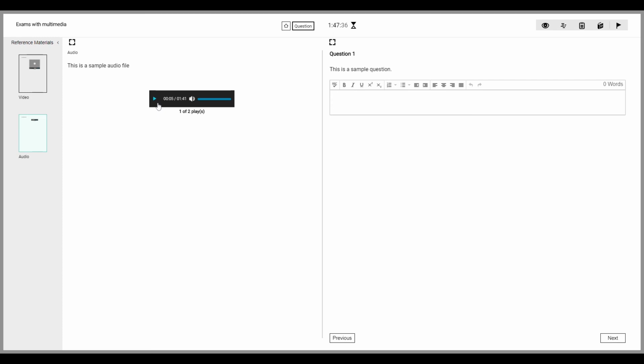The play count of a media file is recorded by the system as soon as you press play. In these exams, the playback controls are usually limited to the play button and adjusting the volume. All other controls are usually disabled. If the number of plays has been limited, it is important not to change the question page during a playing of the media, as you will lose the remaining part of that playing.